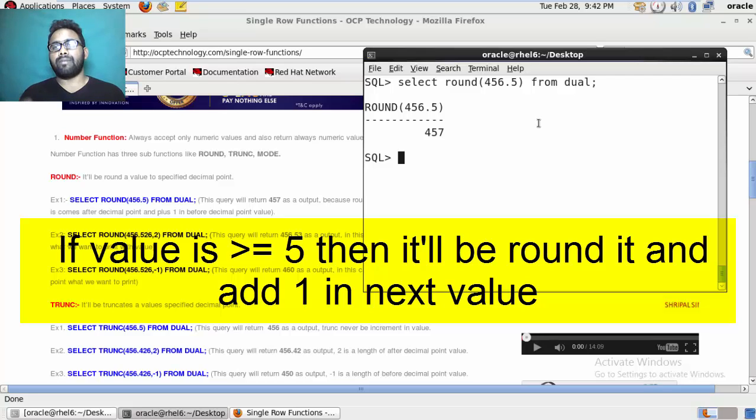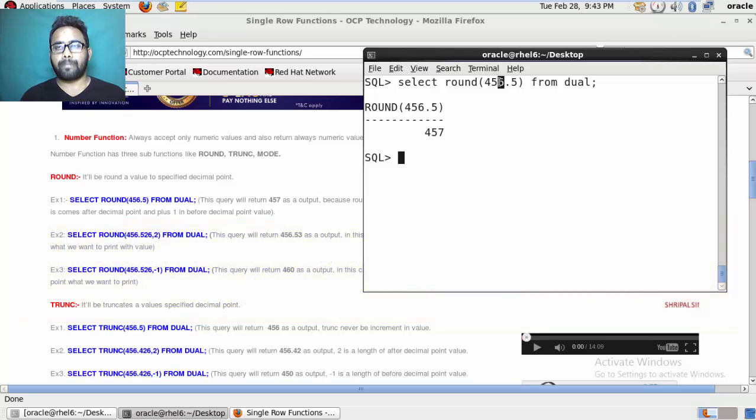If the value after the decimal point is 5 or greater than 5, it will round that value and then increment the next digit by 1. You round that value and add 1 to the digit before it, so 456 becomes 457.